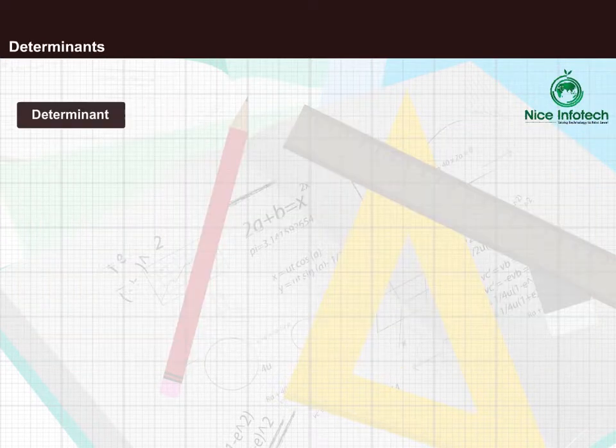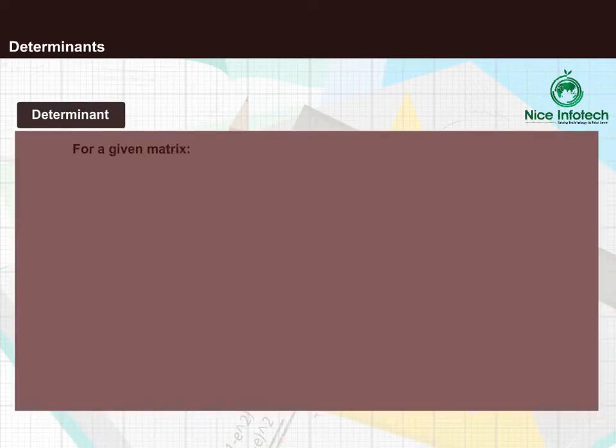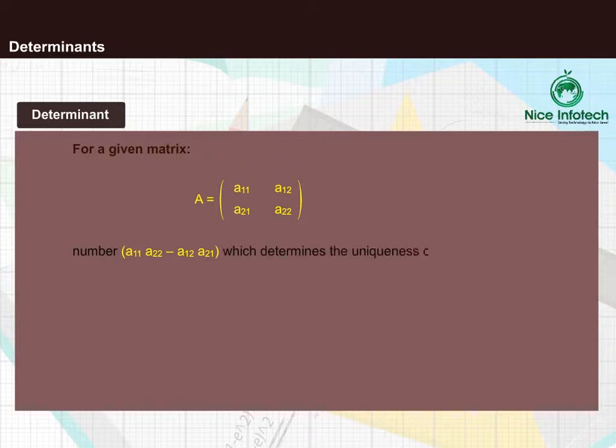Determinants. Determinant. For a given matrix A, the number A1,1 into A2,2 minus A1,2 into A2,1, which determines the uniqueness of solution, is called the determinant of A. The determinant of a matrix A is denoted as